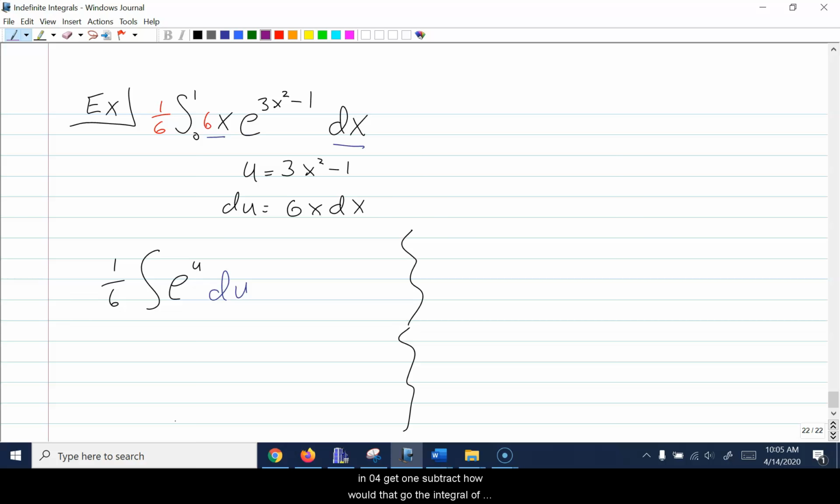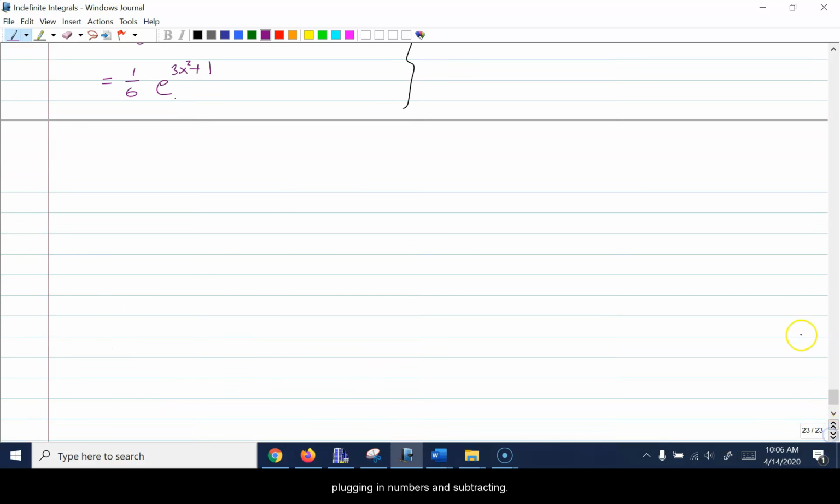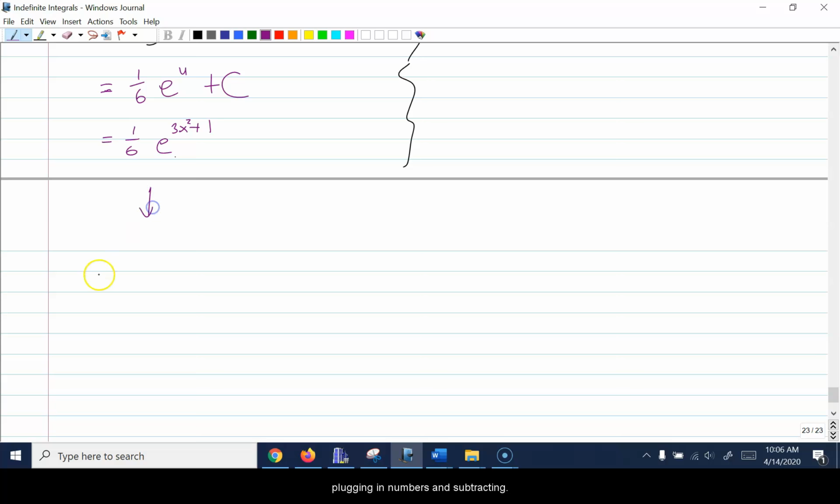How would that go? The integral of e to the u is e to the u plus c. What was u? u was 3x squared minus 1. So I get 1/6 e to the 3x squared minus 1. And now I remember, hey, I didn't actually need the plus c because I'm plugging in numbers and subtracting. So now the thing I need to do is evaluate 1/6 e to the 3x squared minus 1 from 0